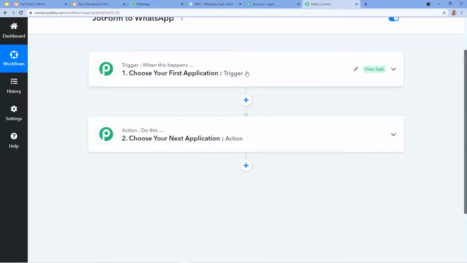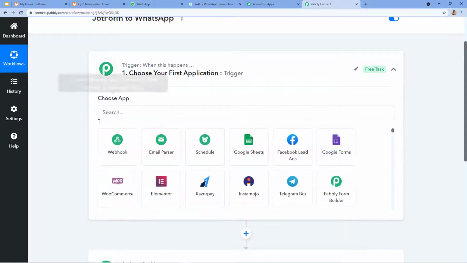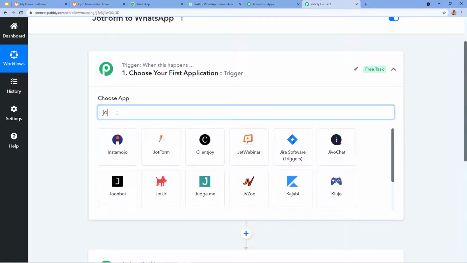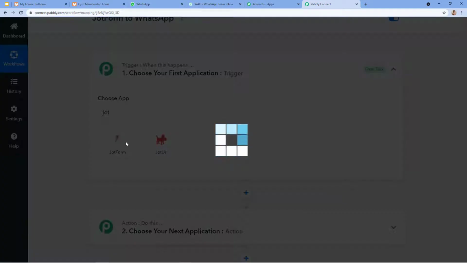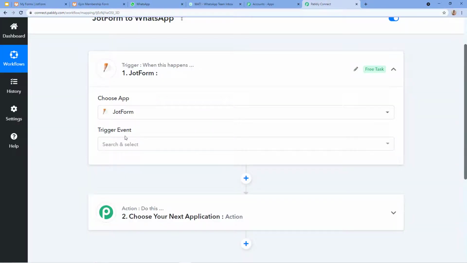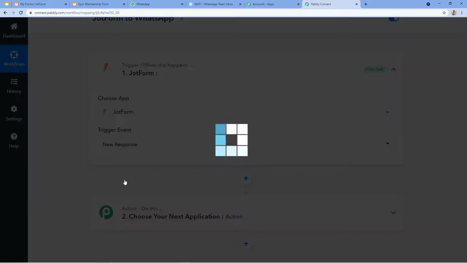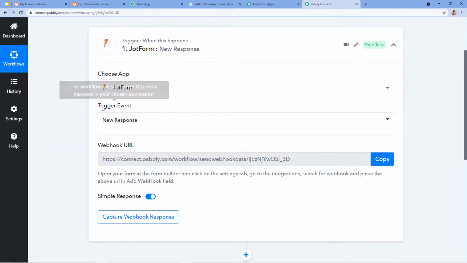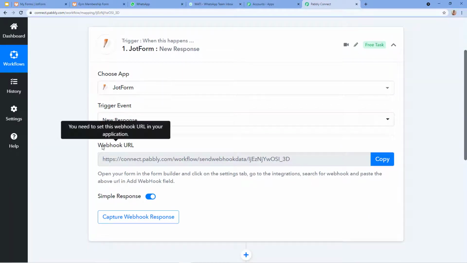So here let's understand this practically. In the choose app, I'm going to choose Jotform. Okay, this one. And after that, we need to choose the trigger event, and the trigger event here is new response. Okay, so now as I selected the trigger event, you can see this webhook URL is provided by Pabbly Connect